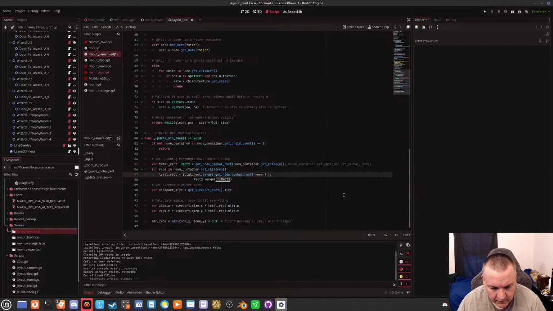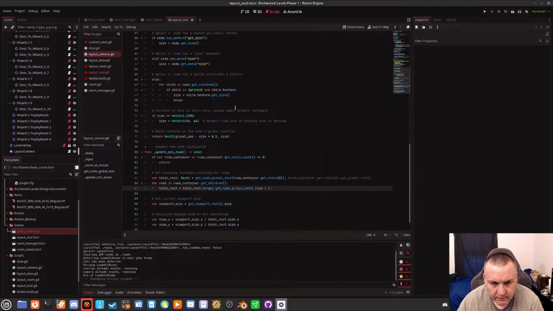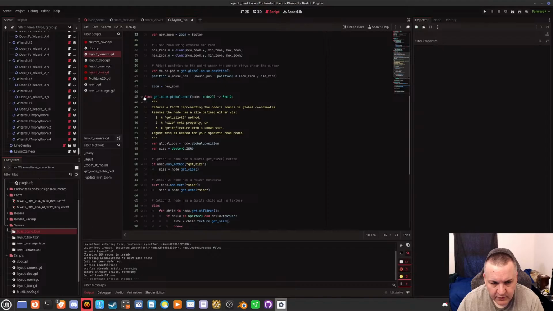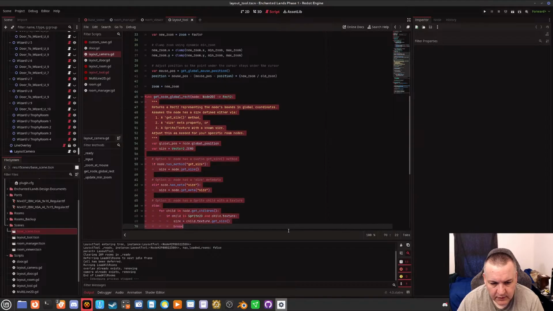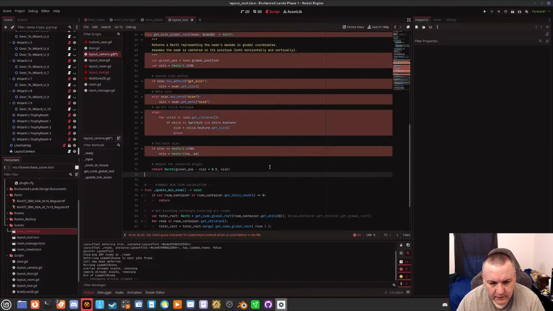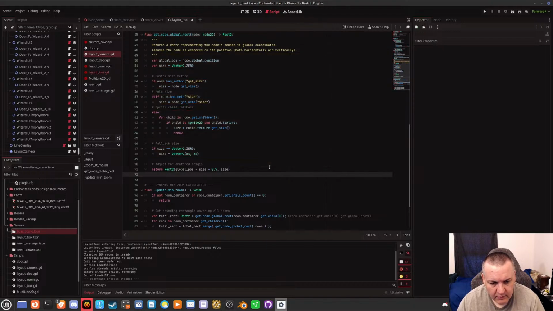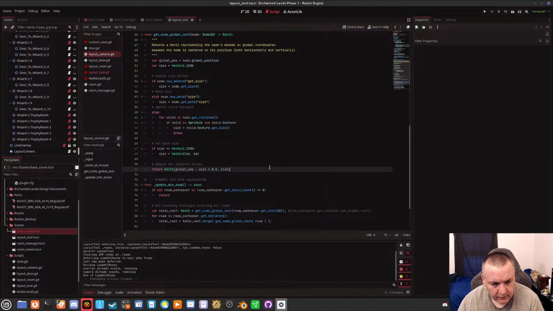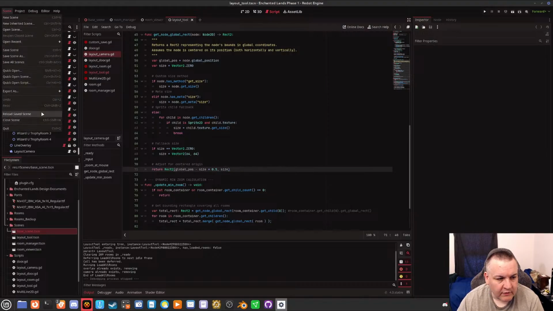Okay, so let's do the function get node global rect. Let's paste. Okay. Save. That works. Control save again. Reload saved scene.